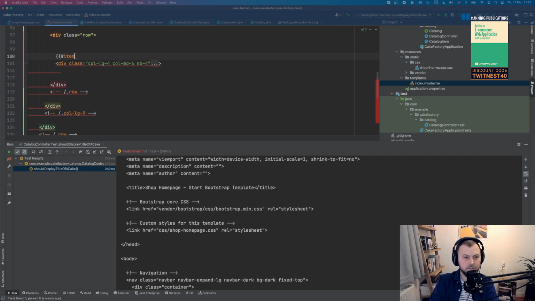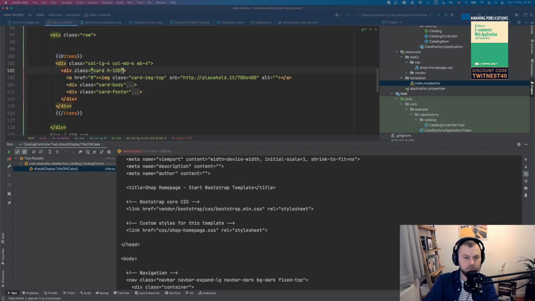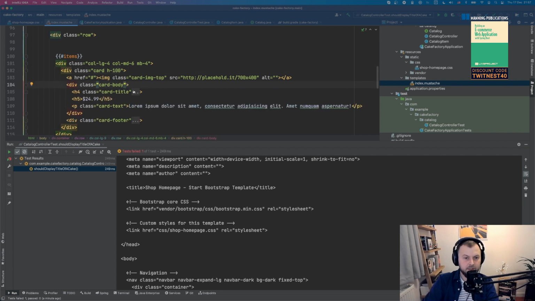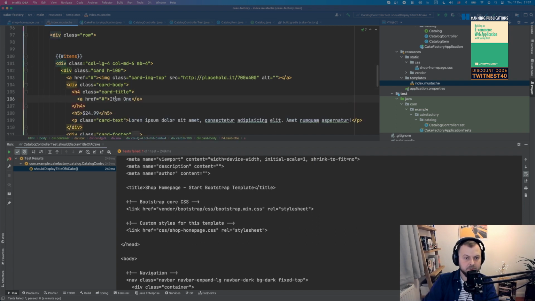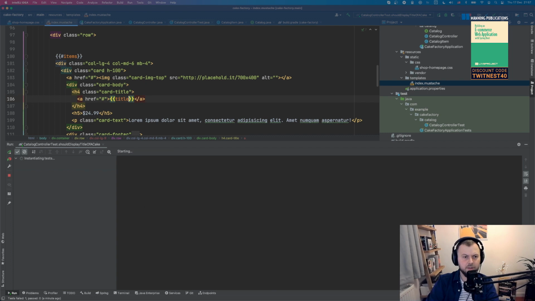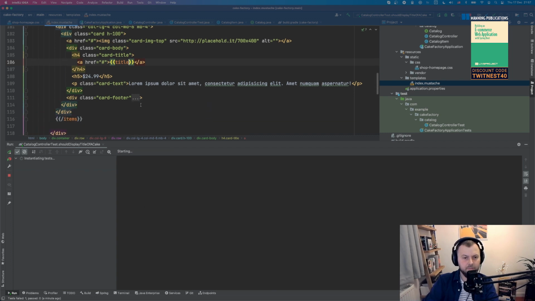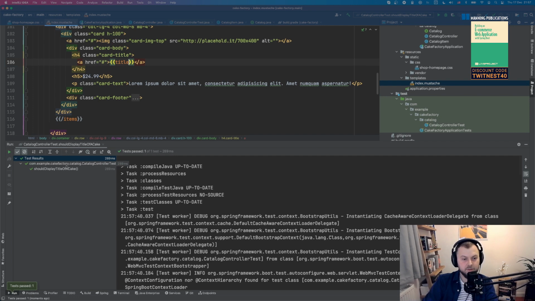So what I'm gonna do, I'm gonna take all the items, and I'm going to display a title in a card title, right? So this is item 1. Instead, I'm gonna show, I think it's called just title, right? And if I run it now, my test should pass now. Hopefully. Never passes from the first try, so oh cool, that's green.